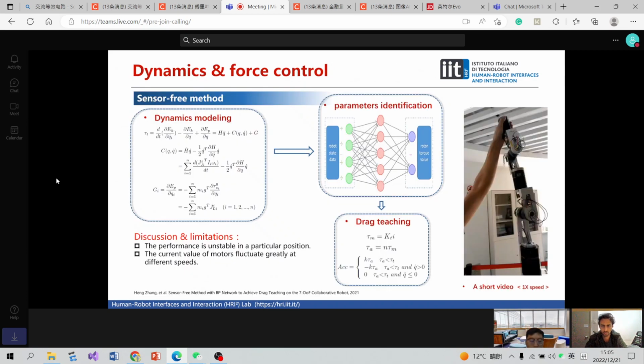As we all know, sometimes an FT sensor is so expensive compared with light collaborative robots. So how to reduce teaching cost is an open question. Here I developed a sensor-free method for teaching robots. We can get the theoretical torque of every joint at different positions and velocities,